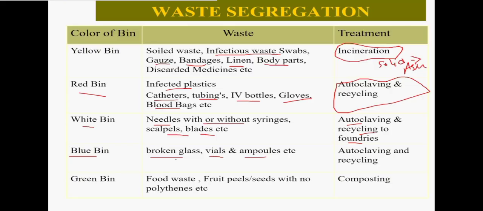राइट। सो ब्लू बिन हमारा ब्रोकन ग्लासेस के लिए है, वाइल्स के लिए, एम्प्यूल्स के लिए। इसमें सबसे पहले ऑटोक्लेव करते हैं, फिर उसके बाद रिसाइकलिंग होती है।